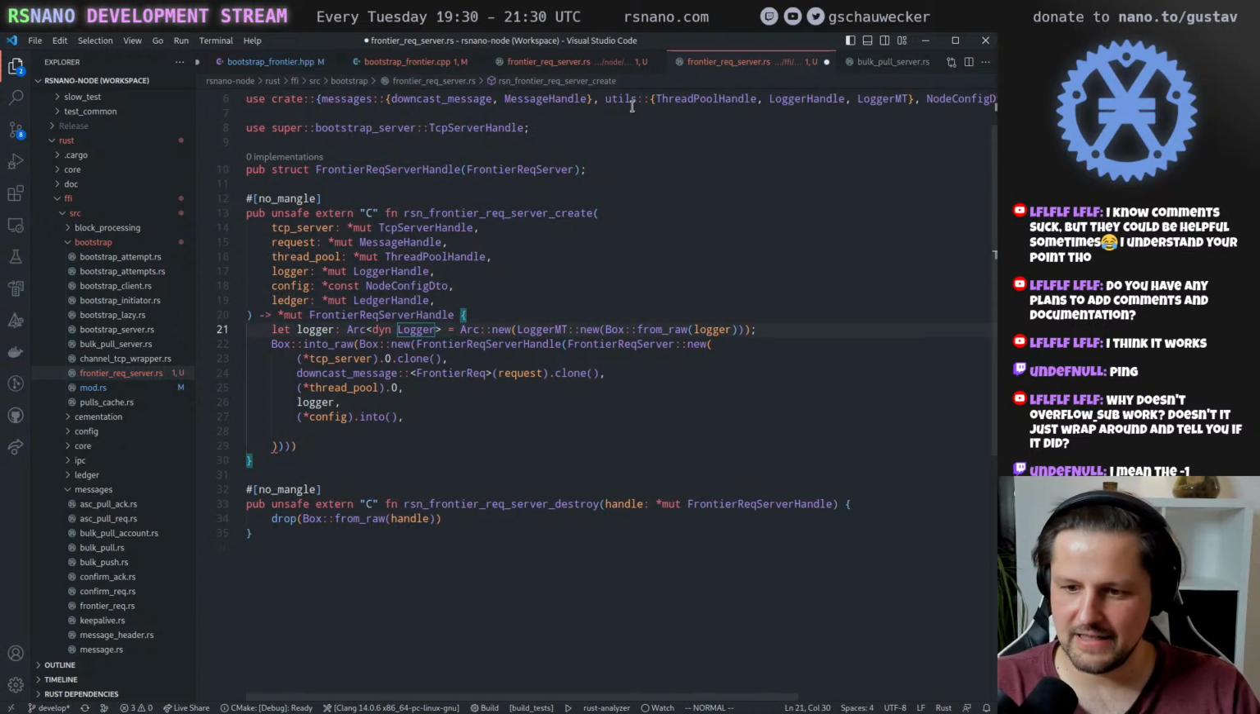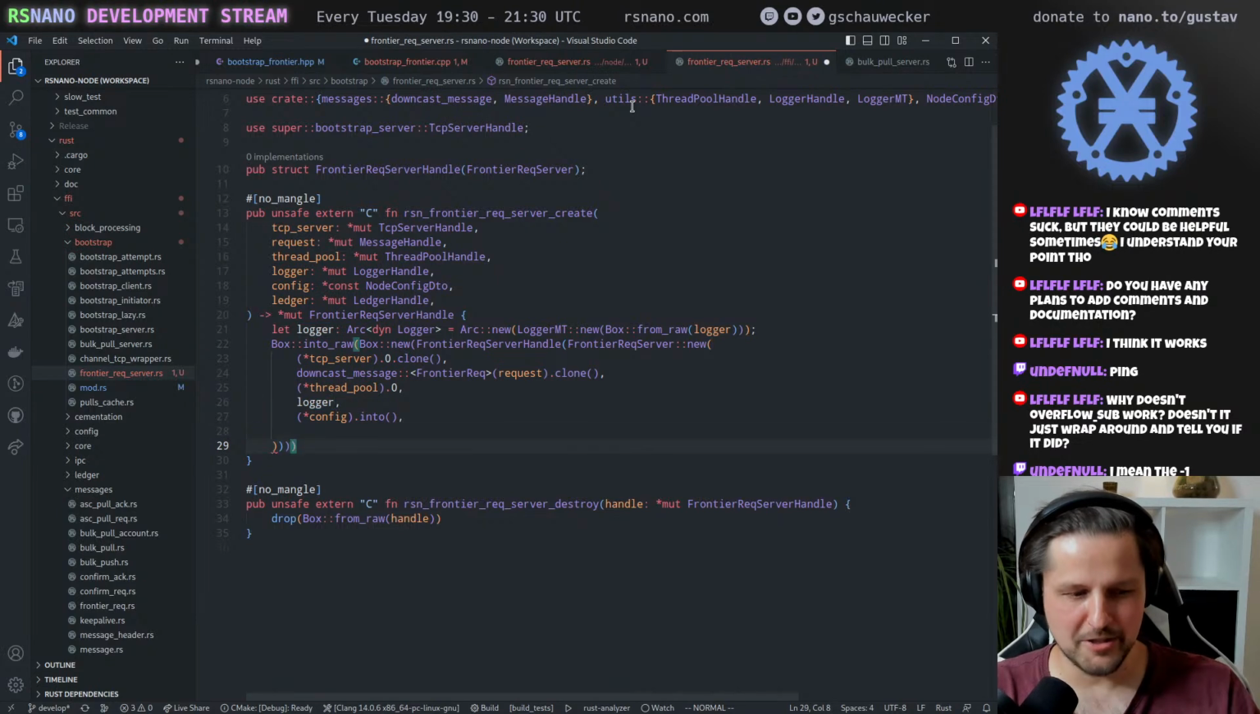LF says, I know comments suck, but they could be helpful sometimes. I understand your point though. Yeah, no, I think they are helpful, and as I said, there are good comments and bad comments. The worst thing is comments that lie to you. When they were written, they were true, but then the stuff got refactored and the comments tell a different story than the code. So that is dangerous, but